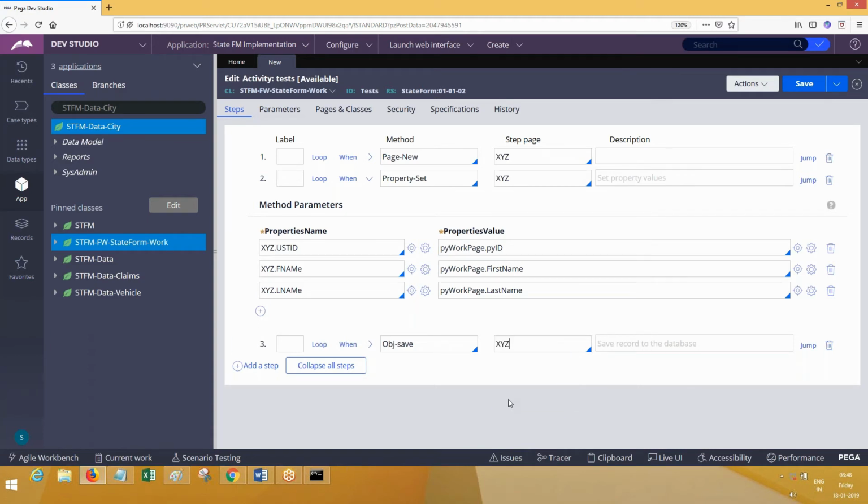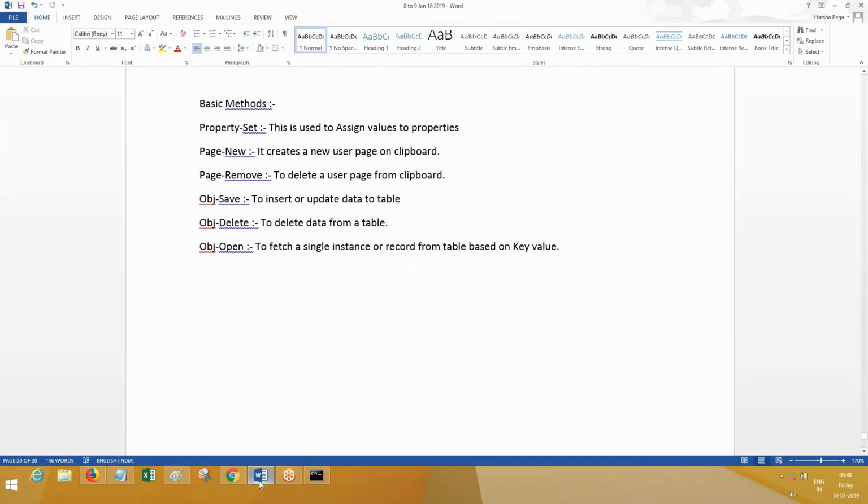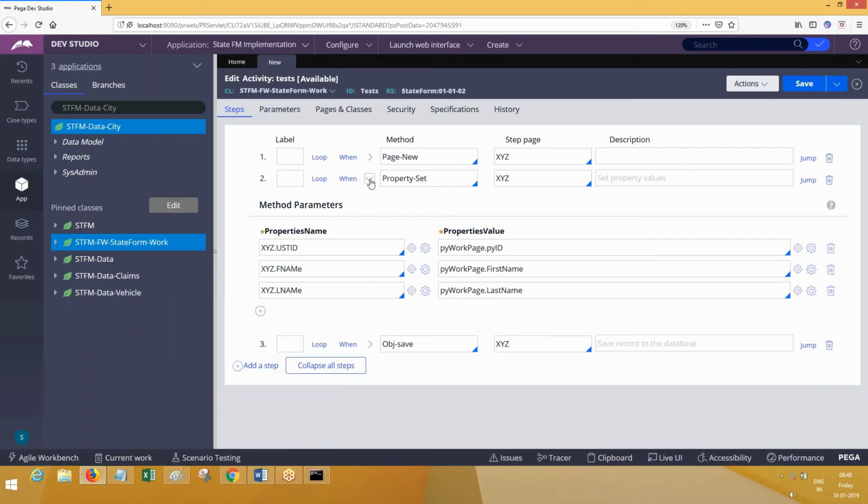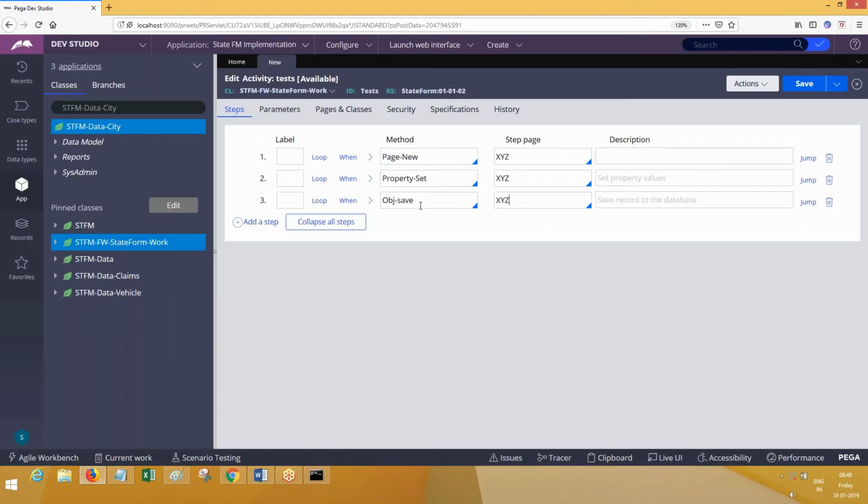Now if you execute this, data is going to get stored into the customer table.